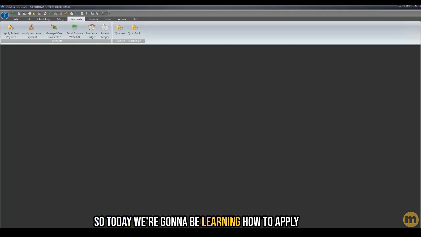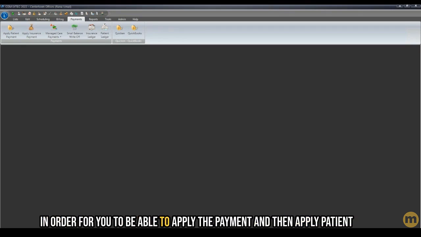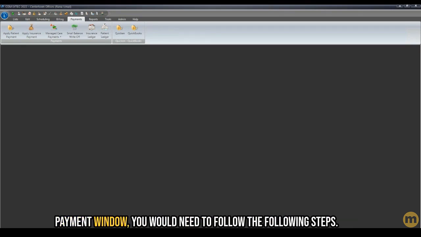So today we're going to be learning how to apply prepayments in the apply patient payment window. This could be helpful if you have a number of patient prepayments to apply. You can easily enter them using the apply patient payment window. In order for you to be able to apply payment in the apply patient payment window, you would need to